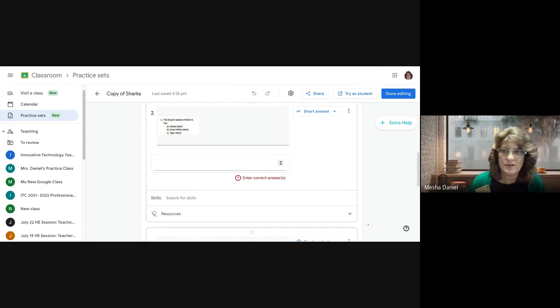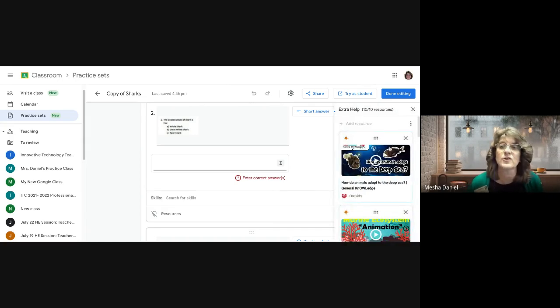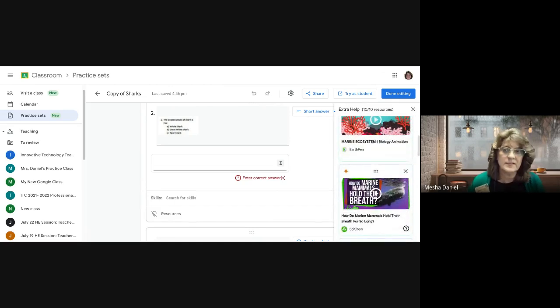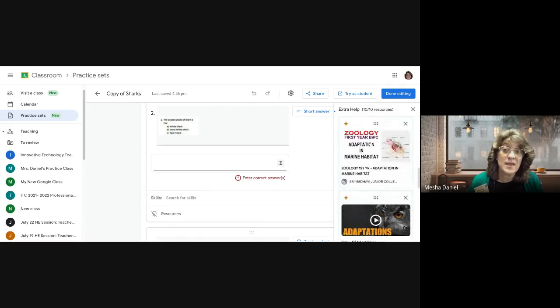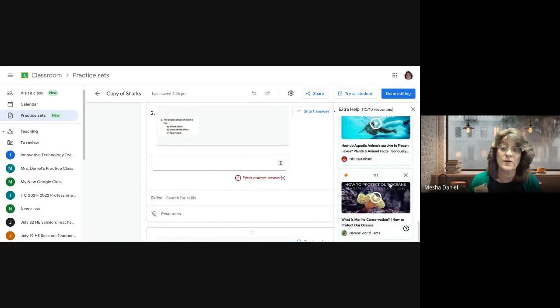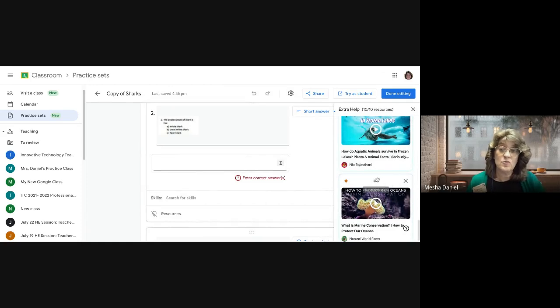A couple other things I want to point out to you. You see where it says extra help here? So it adds the resources down at the bottom for you. But then there's also an extra help. So even with all the resources that you've already given them, it will try to find even more resources for you by clicking extra help. It'll show you the videos that you might have connected already, and it may have other stuff, because there's a whole bunch of other stuff in here